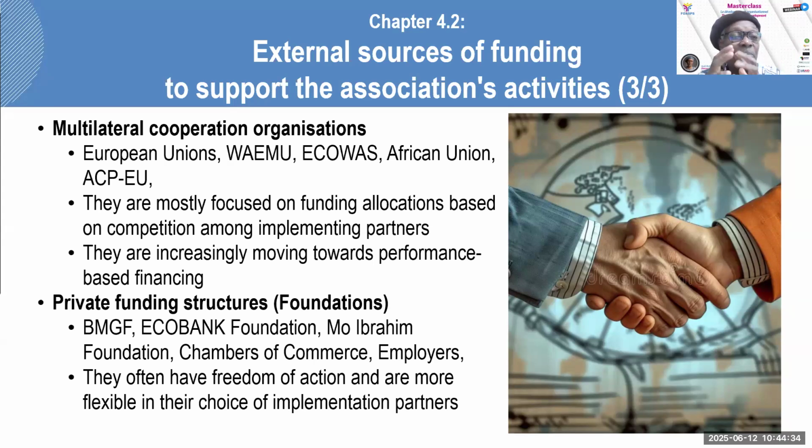Now we want to talk about the private funding institutions, or foundations. I mentioned them before. The Bill and Melinda Gates Foundation is a global foundation. There are also the EcoBank Foundation and the Mo Ibrahim Foundation. Chambers of Commerce can also be considered private funding structures. Employers can also be,